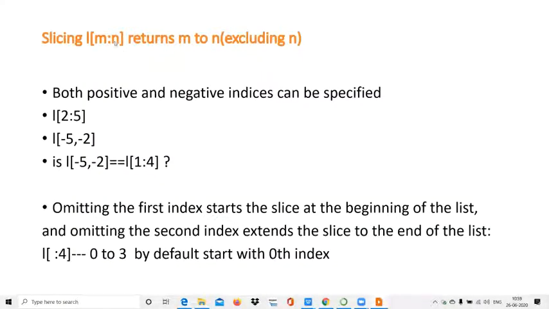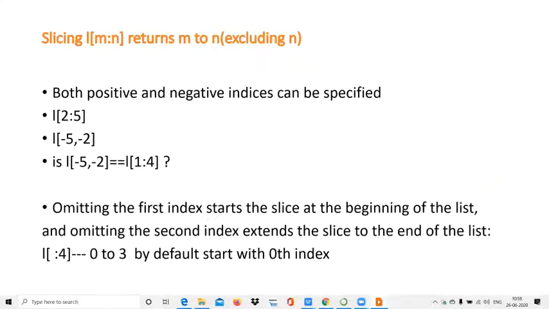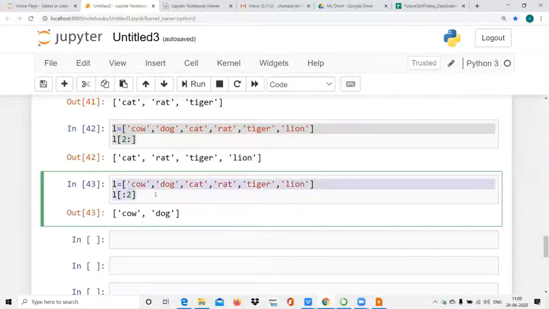Always remember that the value in the right part will never be printed, anyhow you write it. Always the value in the right part will not be printed. Remember this. So next we will try with negative.